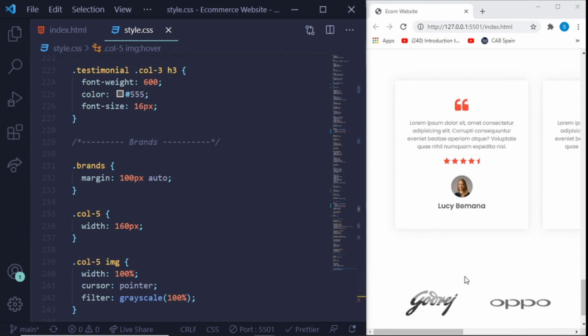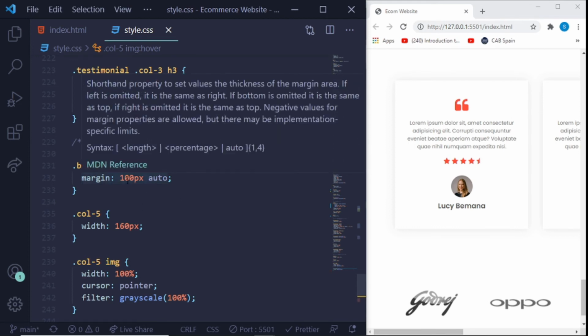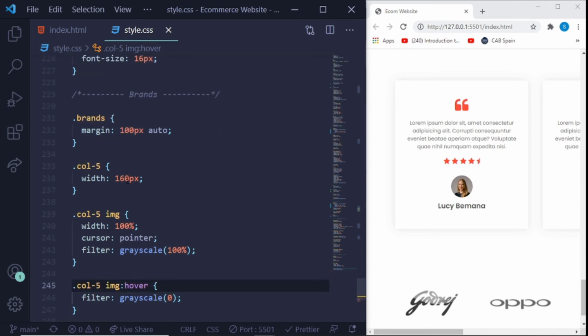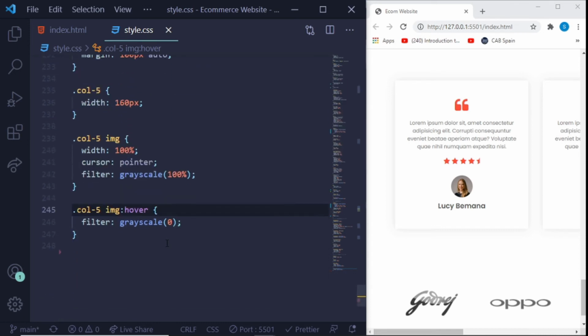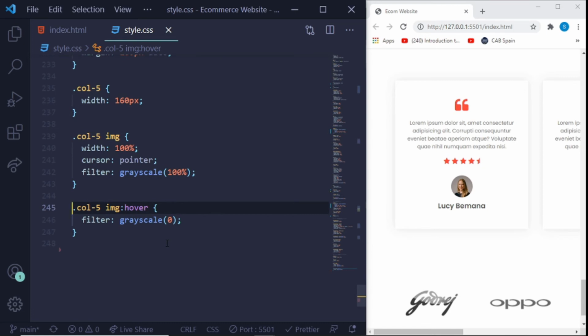Now we can see right away that the color of the brands change. But why does it change? Let's explain it. So for the main container, we gave it a margin of 100 pixel auto. And also we gave the column 5 a width of 160 pixels. And then the image, we gave it a width of 100, give it a cursor pointer, and then this filter grayscale